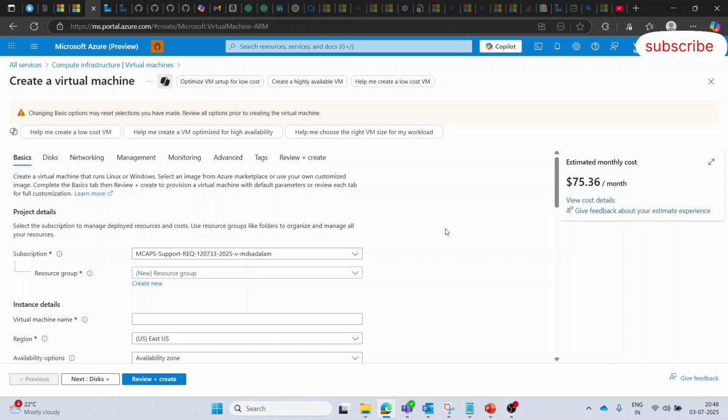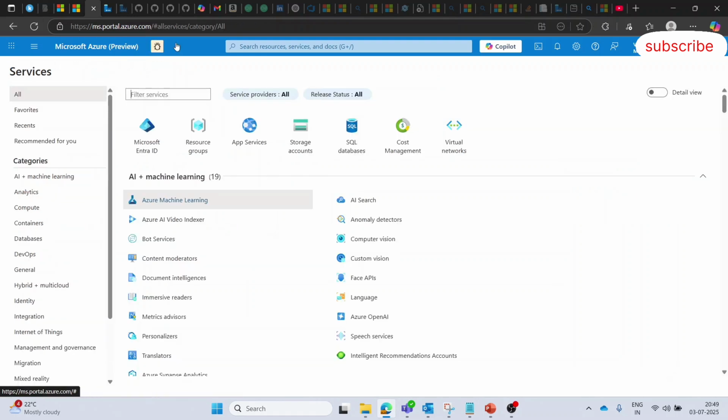So everything about that pizza we have to take care of. It depends totally on us. If anything goes wrong, we are responsible, and if things go fine, we are also responsible. So this is the example of IaaS.